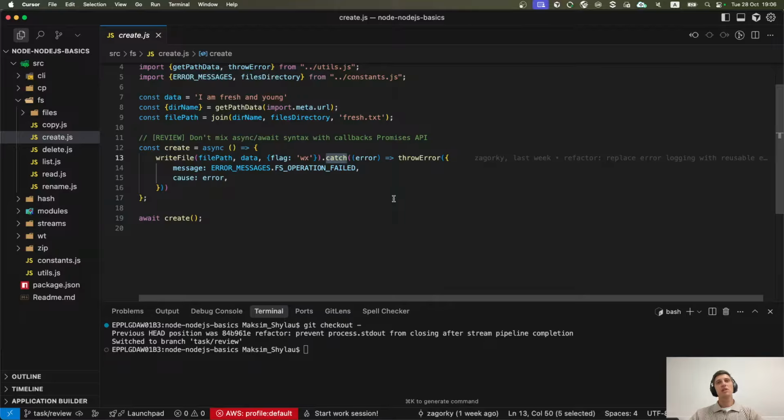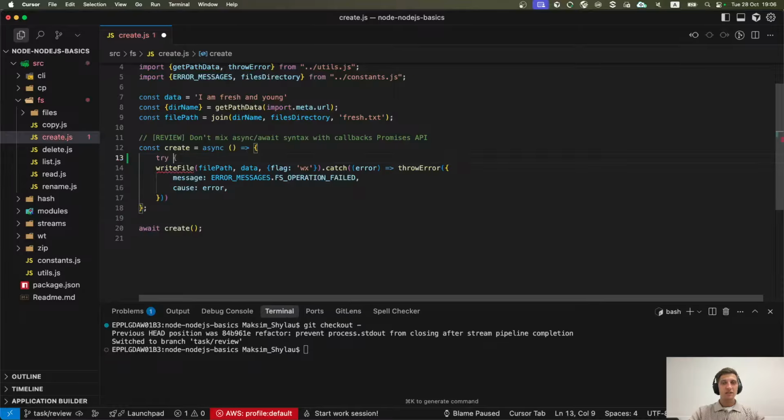I would suggest not mixing async/await syntax with the older callbacks and promises API. Okay, I know that you can get data using then callback. You have this catch API call. You can use finally as well, just in case you didn't know. But it's really better to have a consistent style, and you can do the same thing using try.